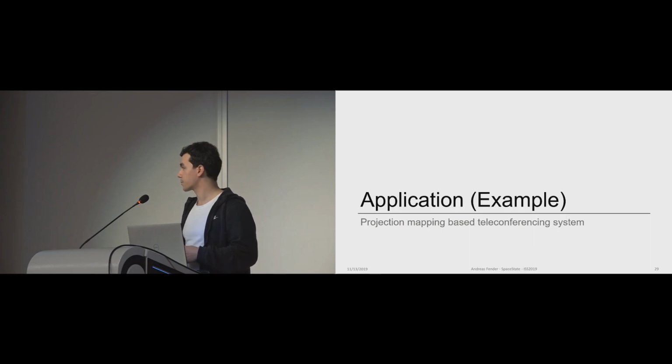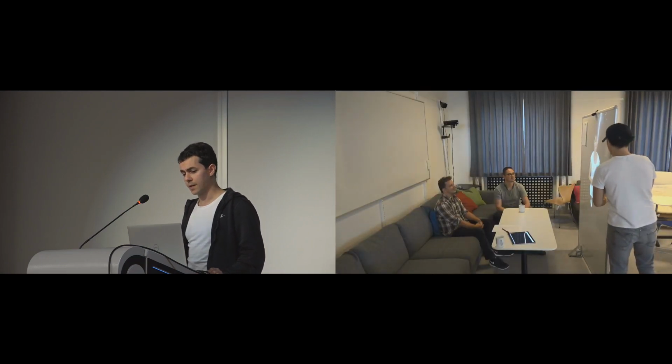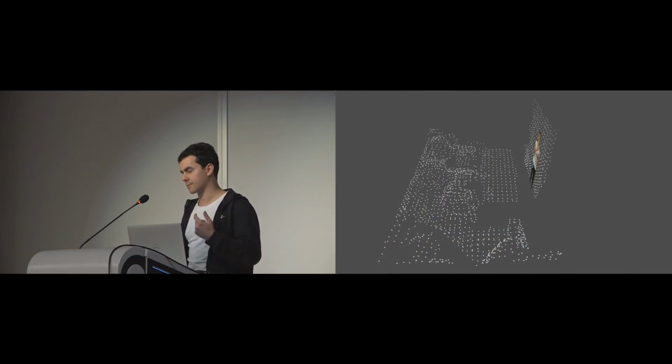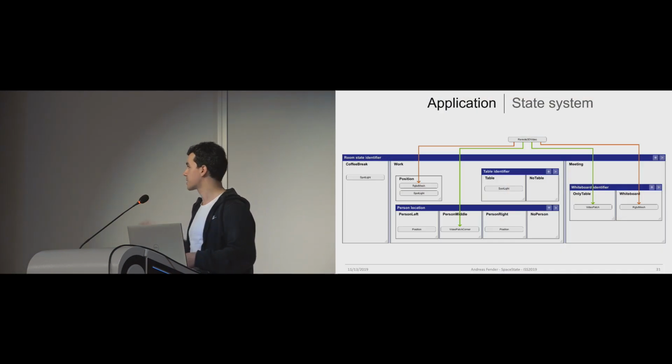And to quickly go through an application example, which I already showed in the beginning. Imagine you have a remote teleconferencing system, and now with SpaceState, you can design the arrangements for each physical arrangement. And here's the state system. I won't go through all the states and substates, but